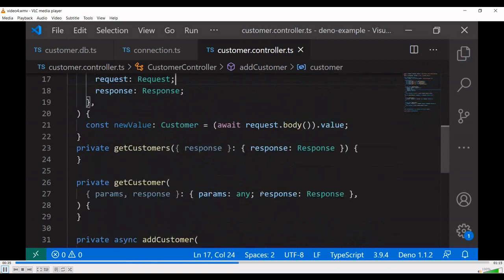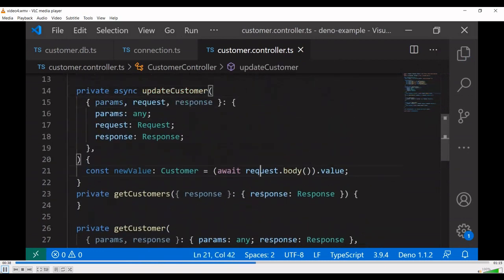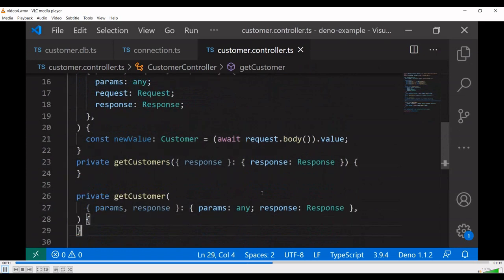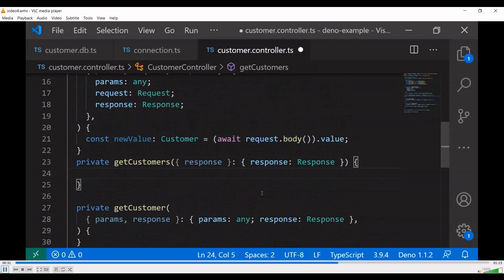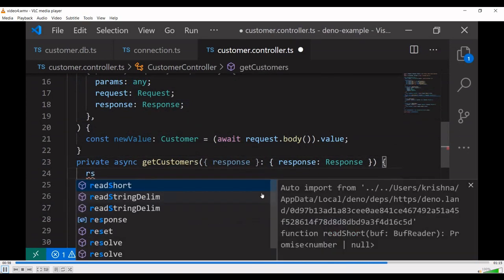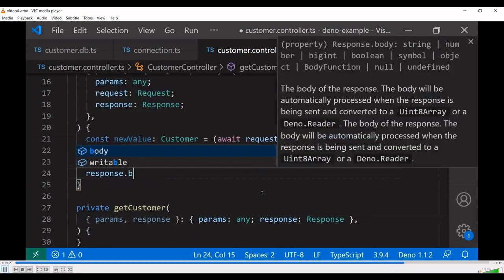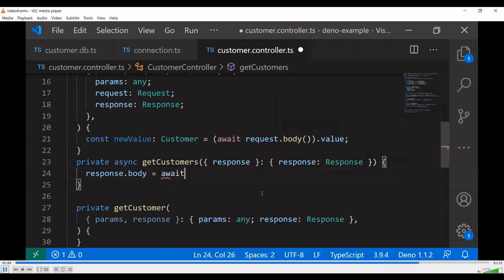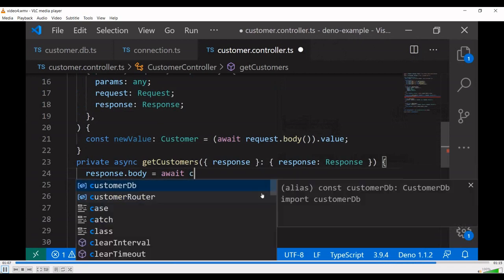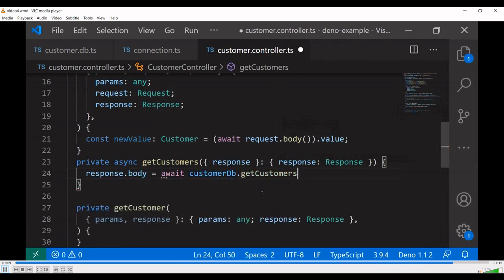I have removed the array related code. Next, we need to get all the customers from the database. This is the method get customers. It's an asynchronous method. Response.body equal to await of customer DB dot get all the customers information from DB. That's it.